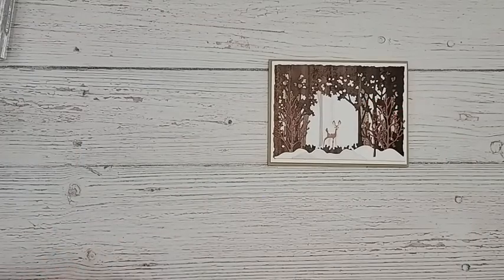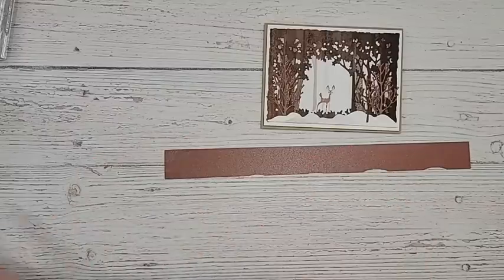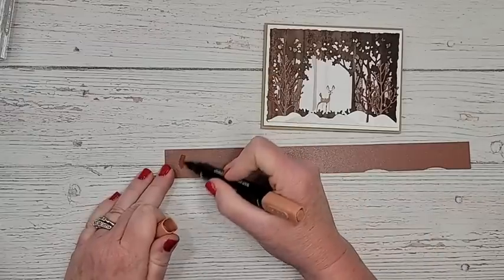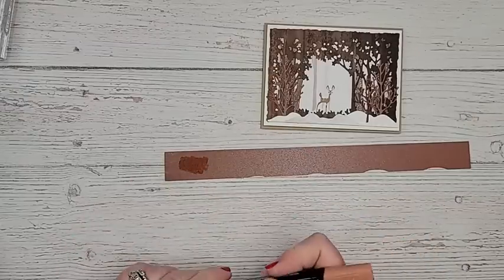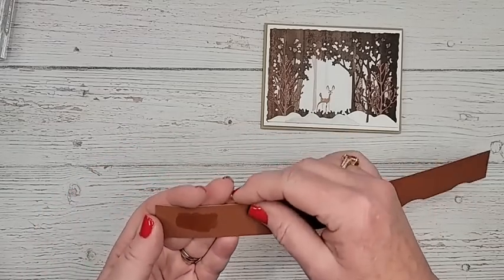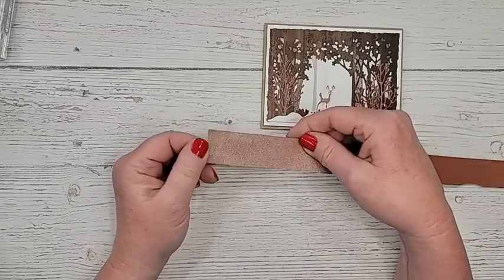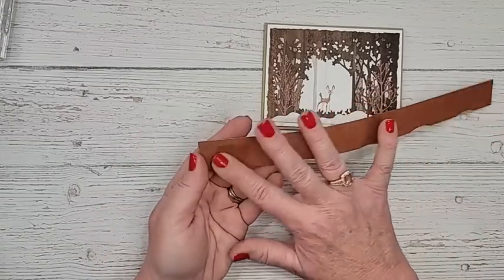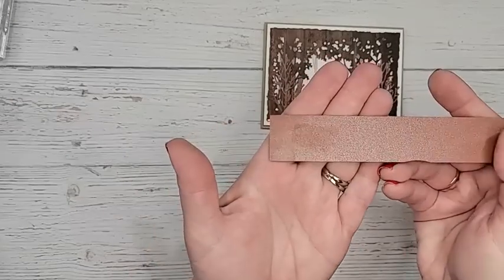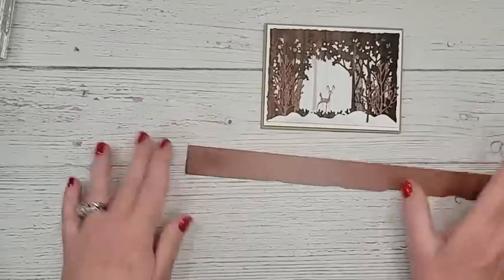So, question was, can you color or scribble on the luster paper? So let's grab a Stampin' Blend, and I'm going to let that dry for just a second and see if that dries. Oh, my stomach's growling. I'm hungry for lunch. I'm just trying to blow on it to get the alcohol to evaporate. So let's see. Yep, totally. Does not come off at all. So yes, you could alter or scribble or color or whatever you'd like with the alcohol markers on the luster